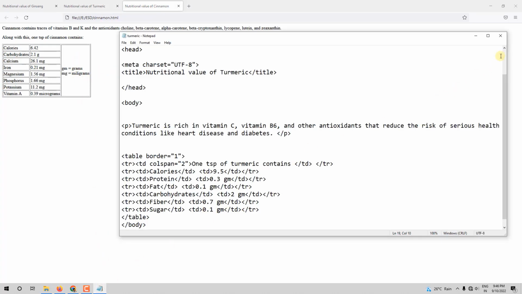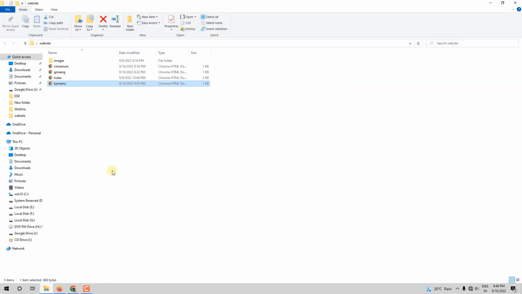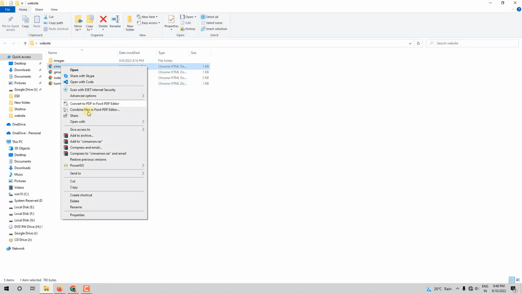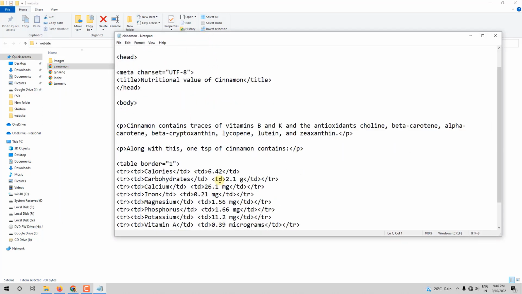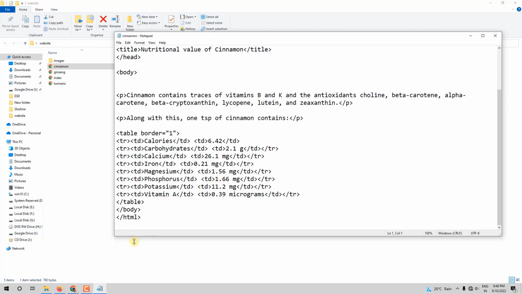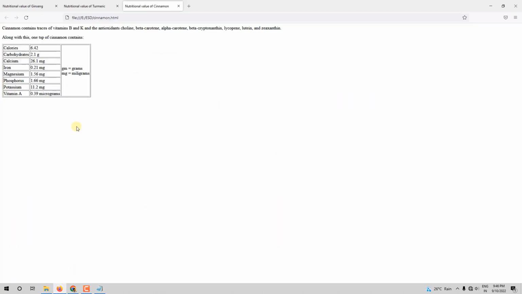So let me close this and quickly open the cinnamon page in Notepad. Okay, in Notepad. So we have this. I hope you have done the same thing. Now if we see here, what is this? It is basically third table data of first row. Okay, this is first row. Third table data of first row